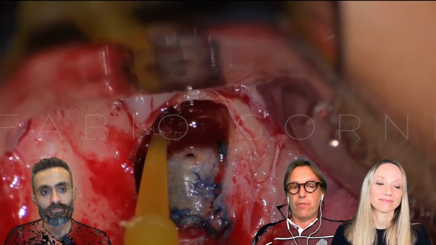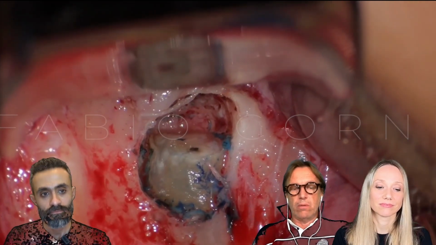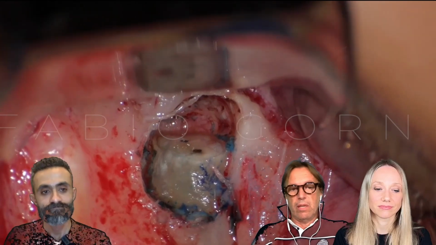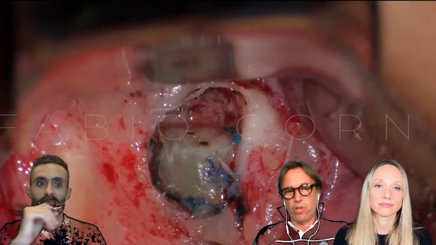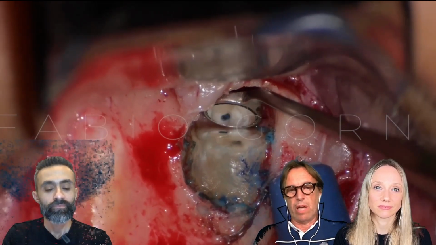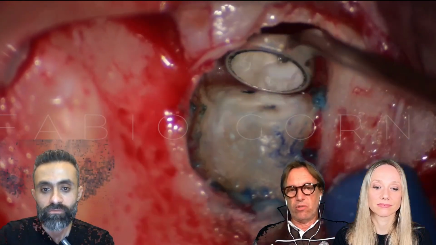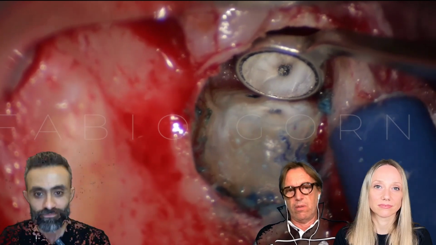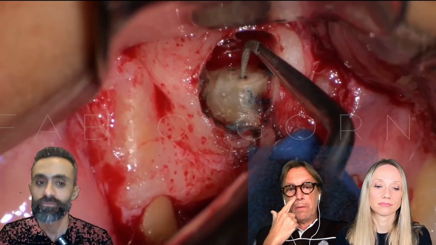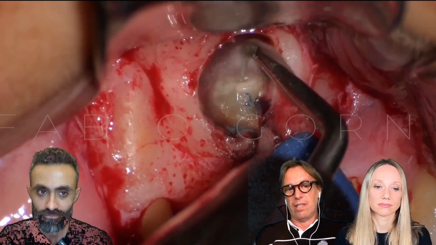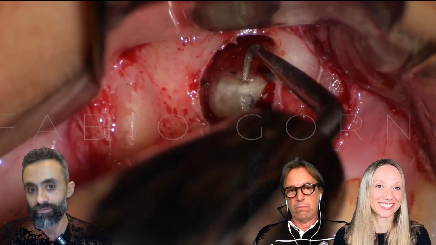Now I'm using a little bit of ferric sulfate just to increase the bleeding control, and now everything is clear, because now is the real part of the surgery that can change our success rates completely. Because endodontic surgery is an endodontic treatment through an osteotomy. So here is the focus of the surgery. This is not a surgery, it is an endodontic treatment. Yeah, I agree.